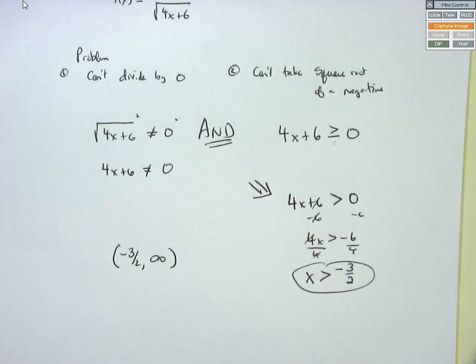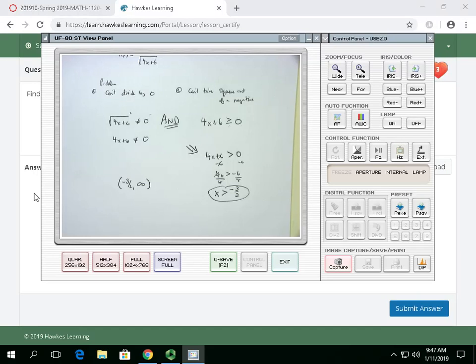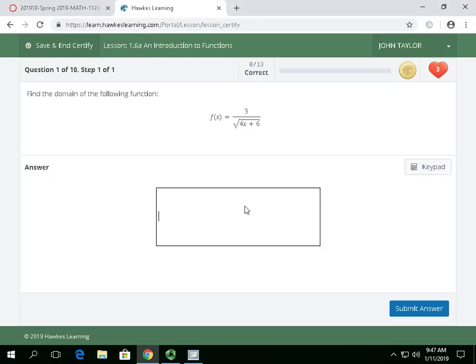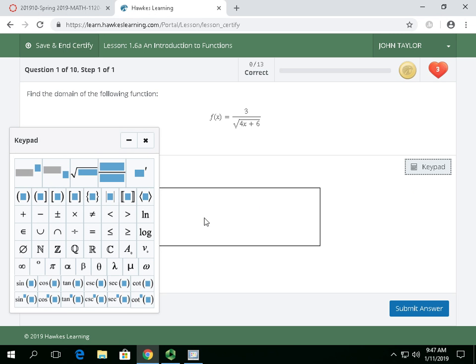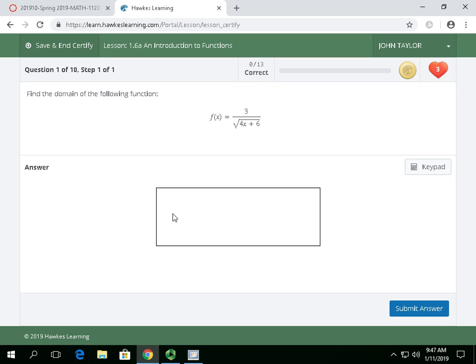So over here, let me come back over here. I'm going to type this in interval notation, and I can use my little keypad here, but you guys are the experts on all this stuff. Actually, I can just start with the parenthesis here, so I'm going to X out of this real quick. Only when I want to use fractions and stuff, the keypad is very helpful here. But the answer is going to be parentheses, right?